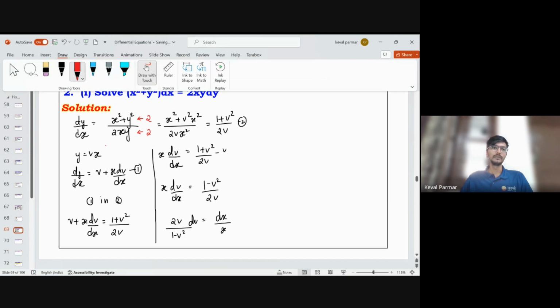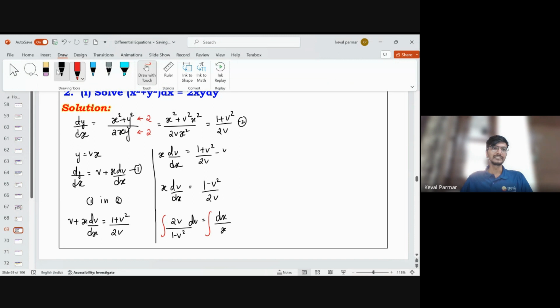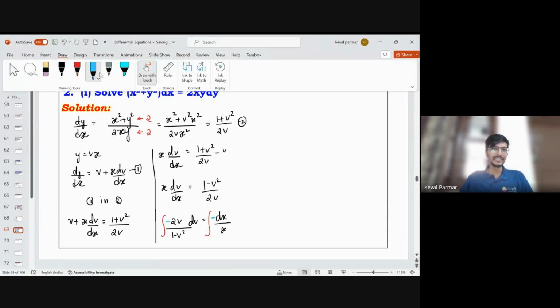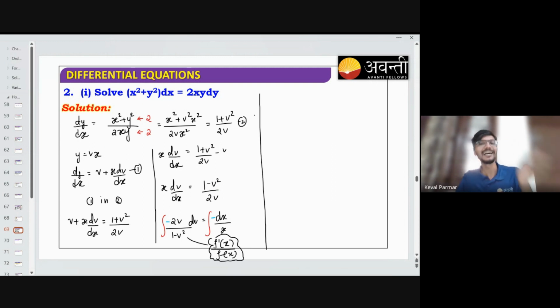Let's integrate on both the sides. Correct? Now, I just have to adjust. So I'll multiply with minus on both the sides. Why? Because now you can easily see that this left hand side is of the form f dash of x upon f of x. So what is the integration of such a form? We did it just now in the last question itself. The integration is